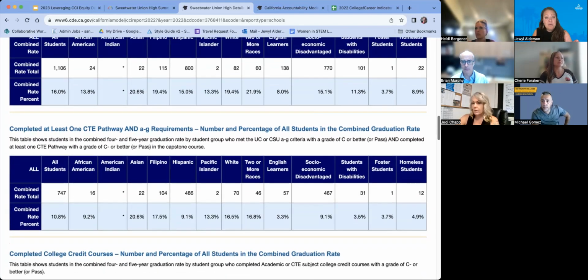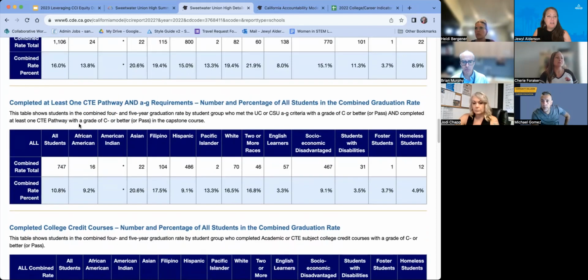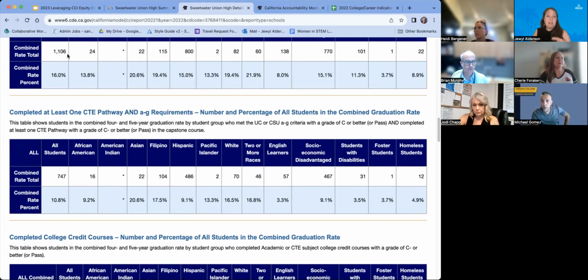Well, then you can go through and you can see there are a ton of other things. So the other place here we see is, of those 1,100 students who completed CTE, only 747 of those students were A through G as well, right? So only about 11% of Sweetwater are A through G and CTE completers. So this is another place that you might find ways to move the needle when it comes to CTE and equity, is ensuring that all of your CTE classes, first of all, make sure that they're A through G approved. Usually it is in a G elective, but if you have things in arts, media, entertainment, then you can often get